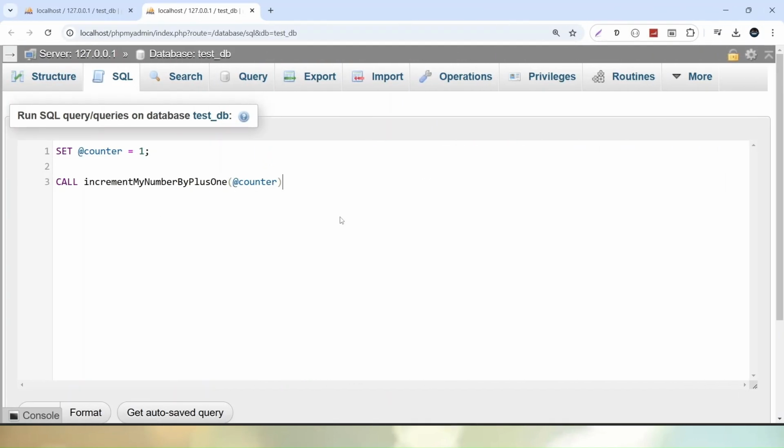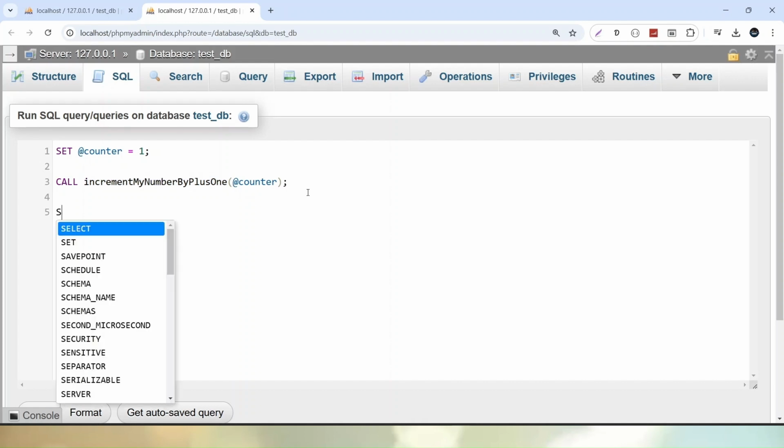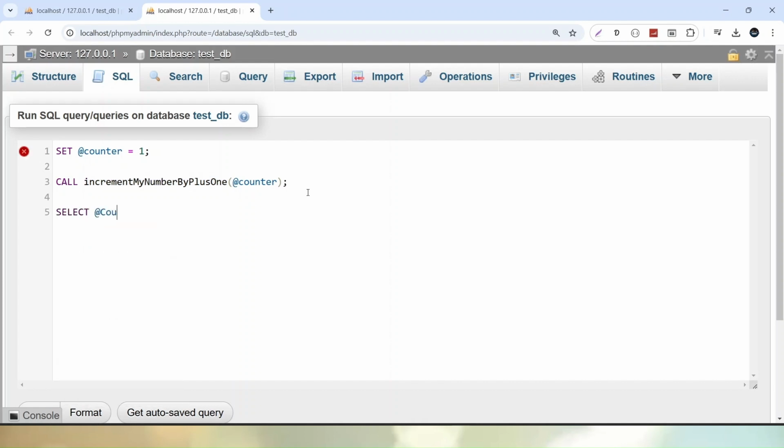Now here, once we pass this variable as a parameter to this stored procedure, this parameter automatically now is in out parameter mode. So automatically, as we know, this variable has an initial value equals to 1. Now this stored procedure will go and add +1 to this number. Now this stored procedure will return a value equals to 2, and that number 2 will be inside this counter variable because this is also an out parameter mode. So here let's put a semicolon. So select, and if I print, let's say counter